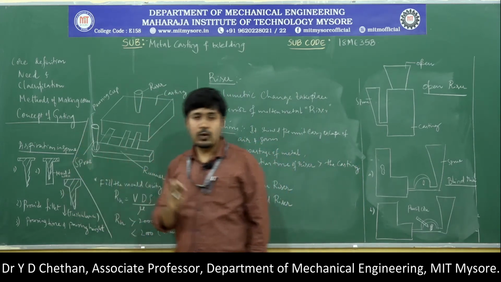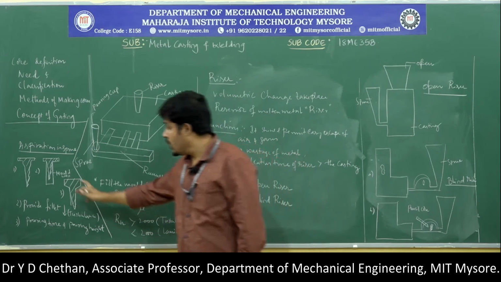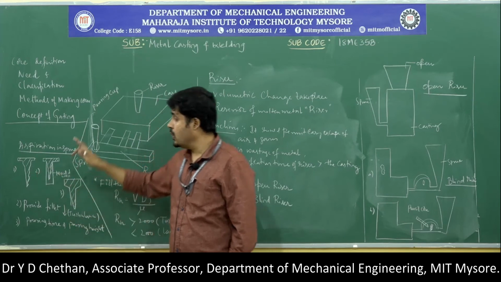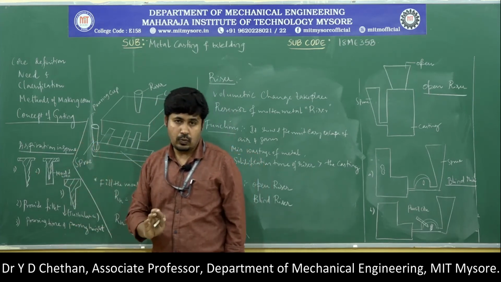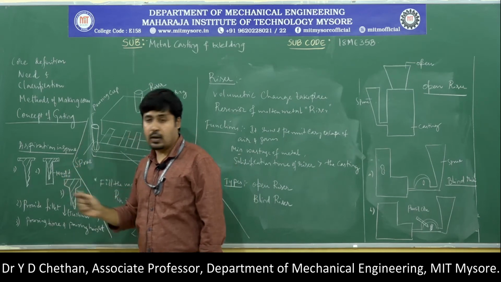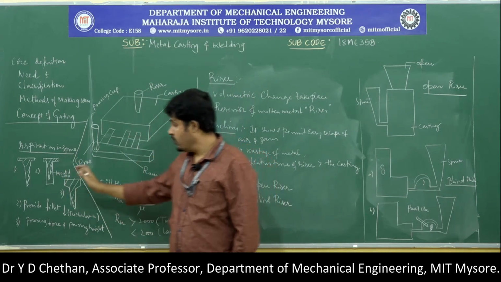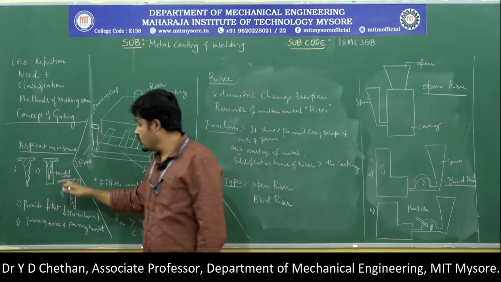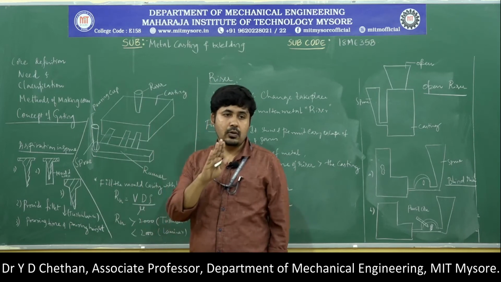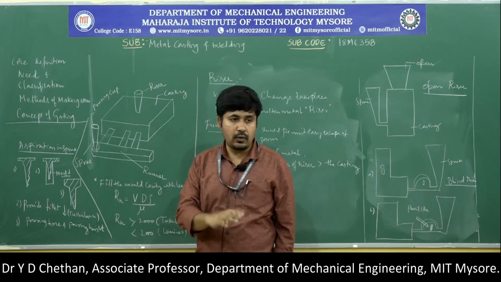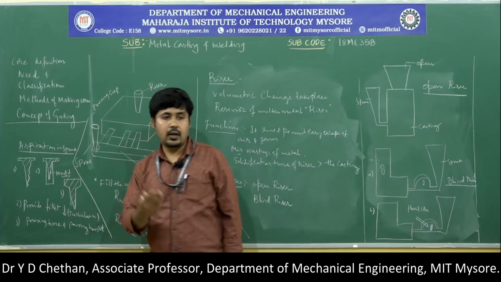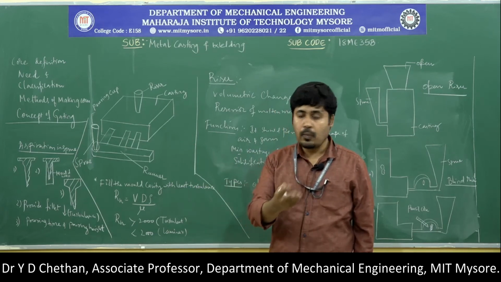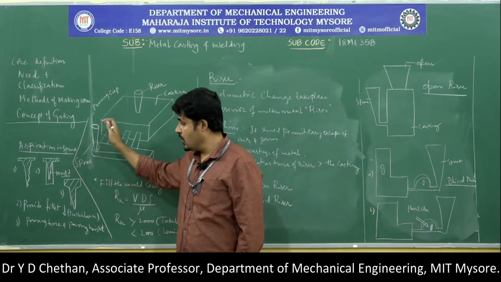That is why we must provide at least a 5-degree taper, so that it can compensate for, or take the shape of, the free fall of the liquid. That is the concept of aspiration in the sprue. If you do not provide a taper to the sprue, air gets into the system and leads to the formation of defects. So, to reduce the defects, you provide a 5-degree or less taper to the sprue. Tapering should be provided.